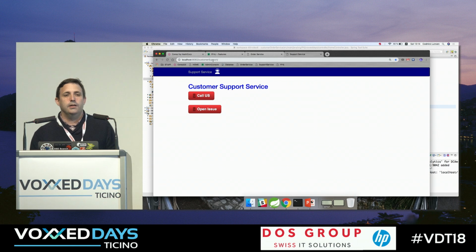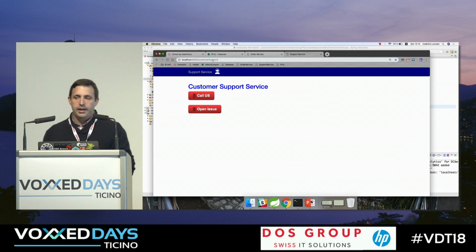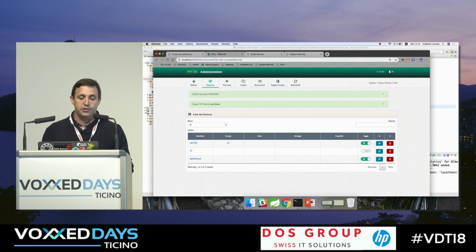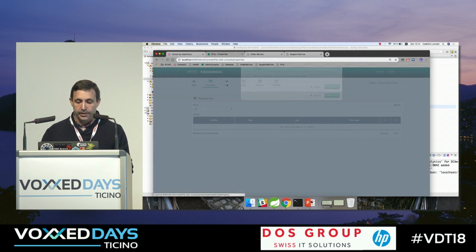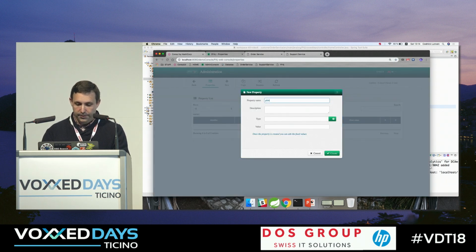But wait a minute. I now have a store where I put some key values, and for now I'm just putting some kind of Boolean in there. And I got the idea to also put the properties and do some application management inside the very same framework. So if I go back to the home page, I can switch to property stores and then maybe create a phone number to call.